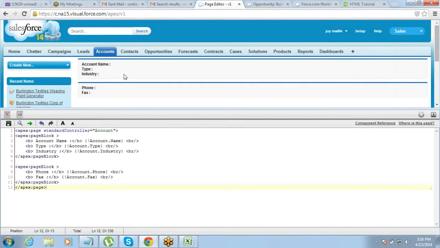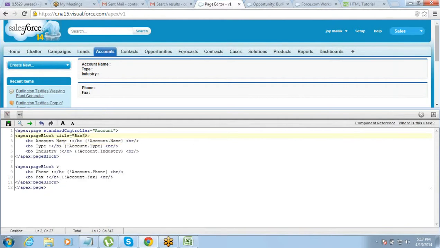The good thing about a page block is it helps you manage the Salesforce default styling very easily. So you don't have to put a lot of effort into designing how it should look, and it also has default styling which you can easily use. You can also put the title here.